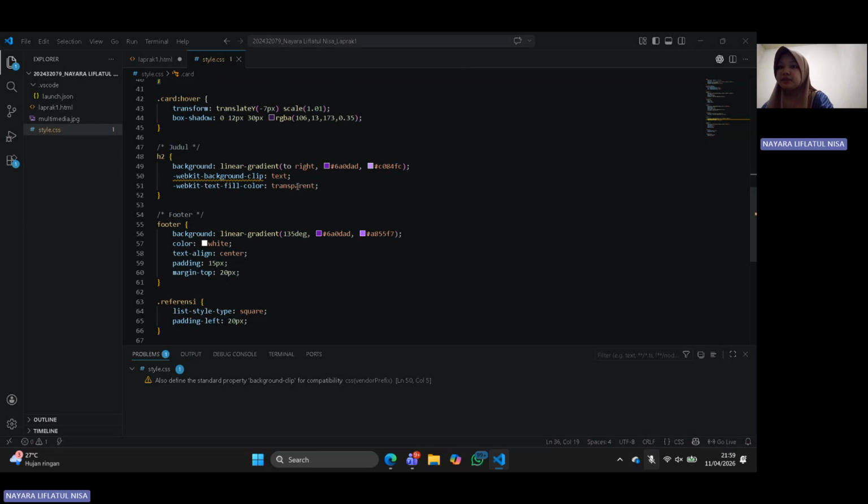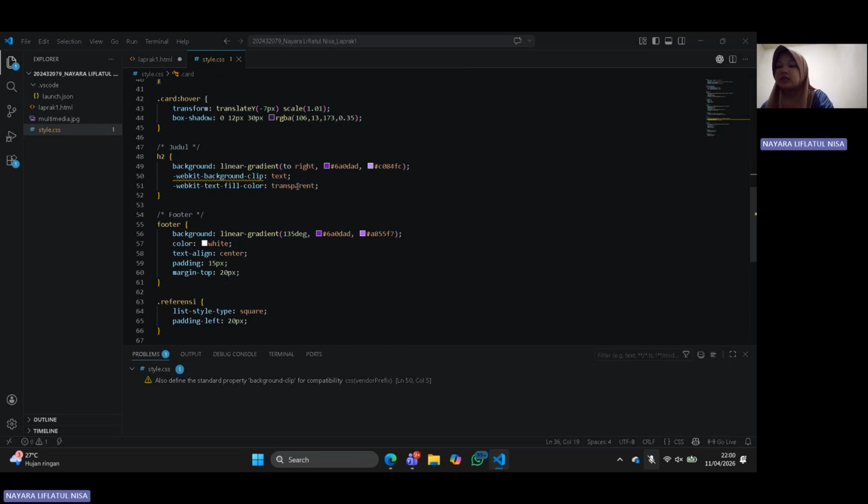Next, for the section titles, I use a gradient text effect. This is done using background clip and transparent text fill. This makes the title look more stylish and consistent with the purple theme.